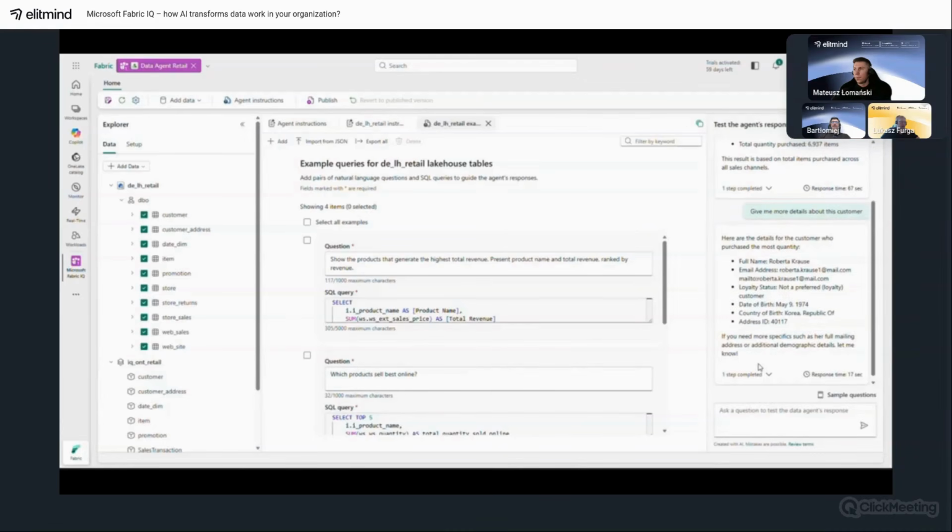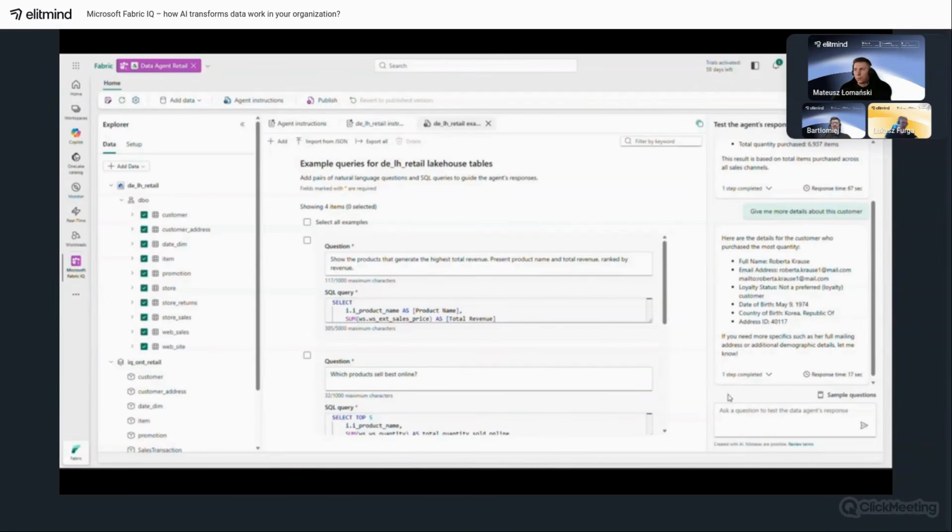Even though I didn't specify the customer name or ID, the agent understood from the context that I am referring to the customer from the previous query. This demonstrates that the data agent maintains conversation context, making interactions much more natural and efficient.